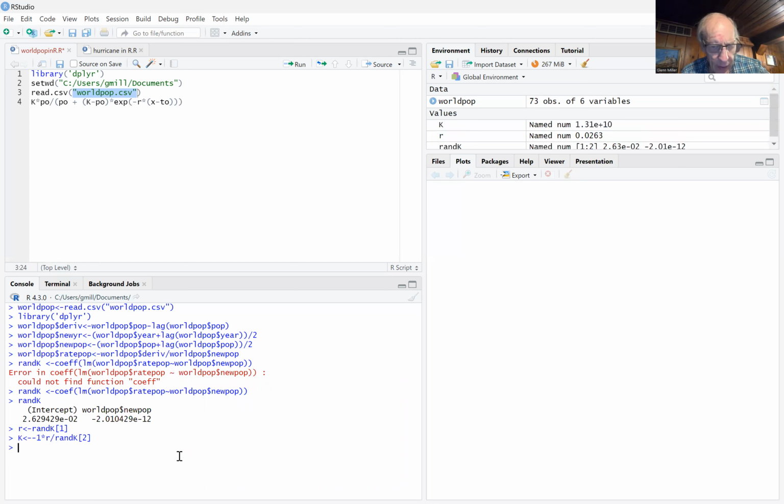Okay. So this is probably the highlight here. There's K. What K tells us is the maximum number of people that can fit on the Earth. 13 billion, approximately. So we're at about 8 billion now. We got a ways to go. We're okay. Reassuring,